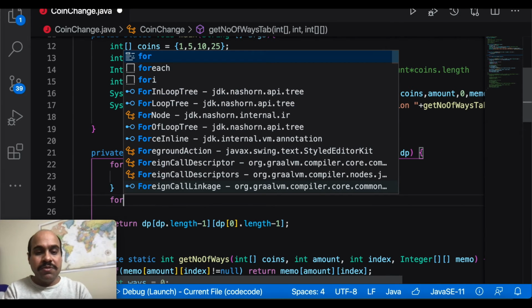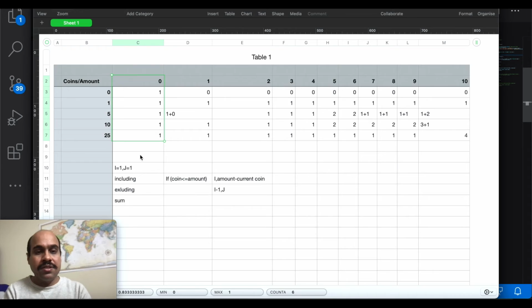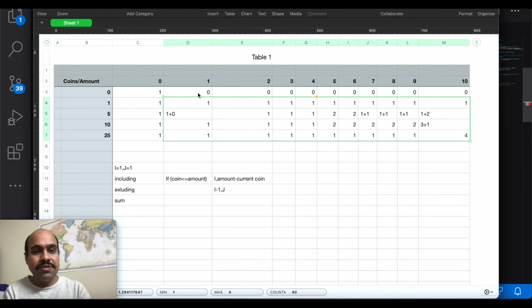Now I need to loop through this over here, and as we discussed, we will be looping through this one because this 0 initialization is already being done as part of integer array. So as in Java, whenever we declare an integer array, by default all elements are put as 0. So no need to worry about this first 0th row, and we already have done the 0th column for each row.